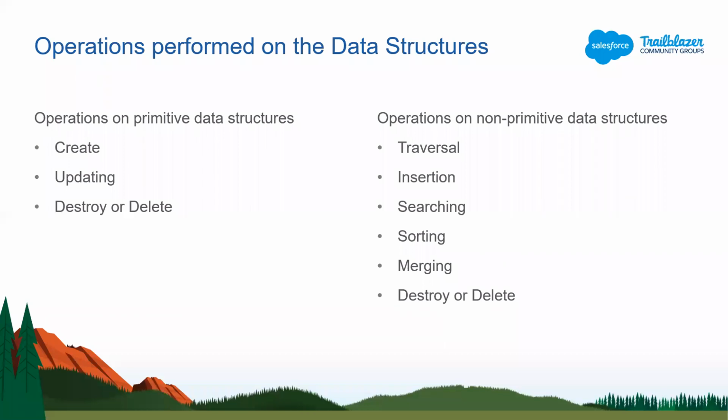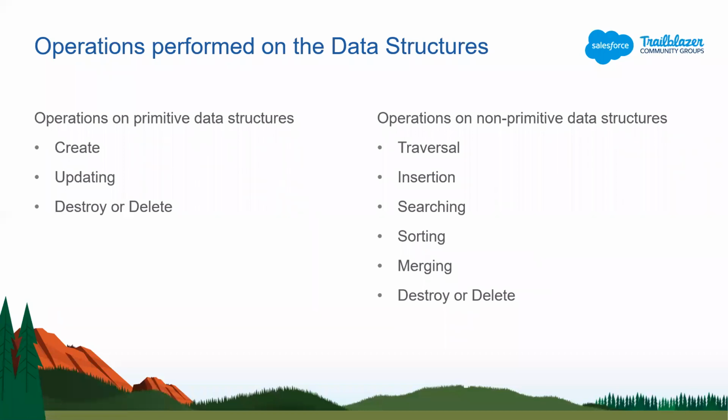For example, if we take an example of an array, which is a collection of 5 elements, 1, 2, 3, 4, 5, then going through each element, 1, 2, 3, 4, 5, is known as the traversal. Insertion means adding an element to the data structure. For example, if I have an array of 5 elements, and I want to add something into it, for example, 6, I can add it. Then searching for some element in the non-primitive data structure, sorting,